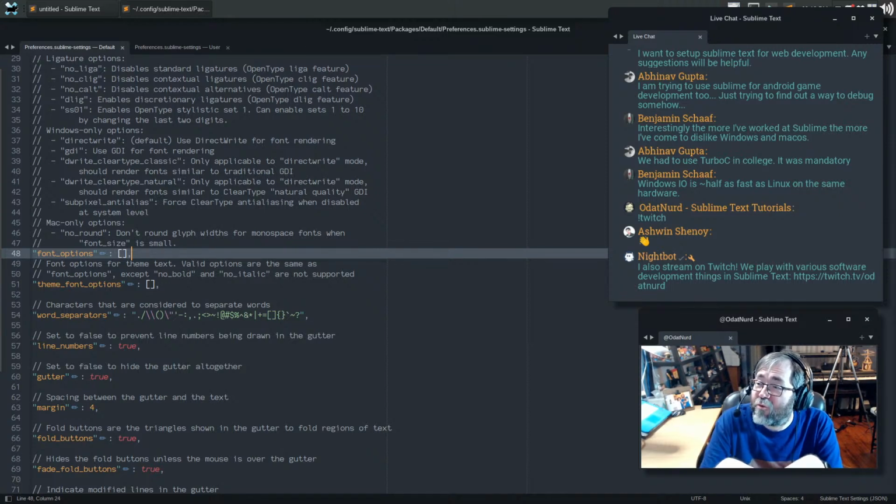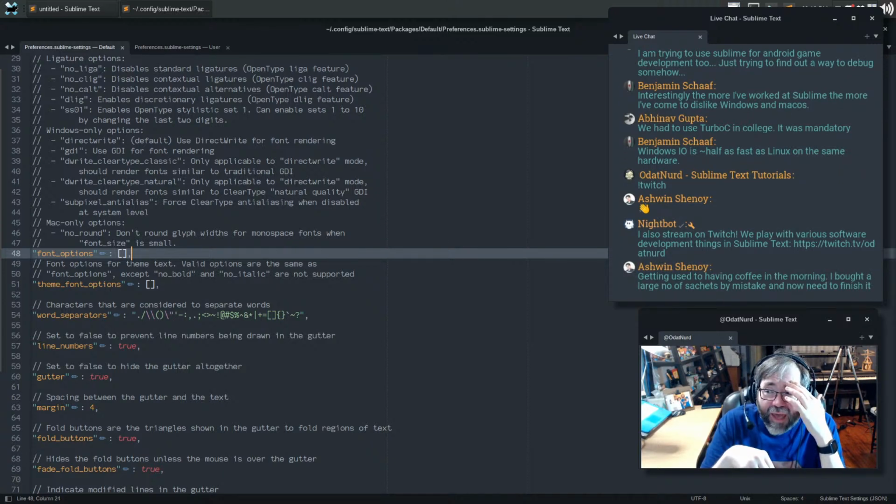Trying to use Sublime for Android game development. Nice. Yeah, I have not done anything in that regard for a while. And I have to say, if I'm being honest with myself, the reason I got out of wanting to play with Android development had a lot to do with how Android emulators back in the day, I don't know if this is still the case because it's been a while, were emulating ARM slowly.